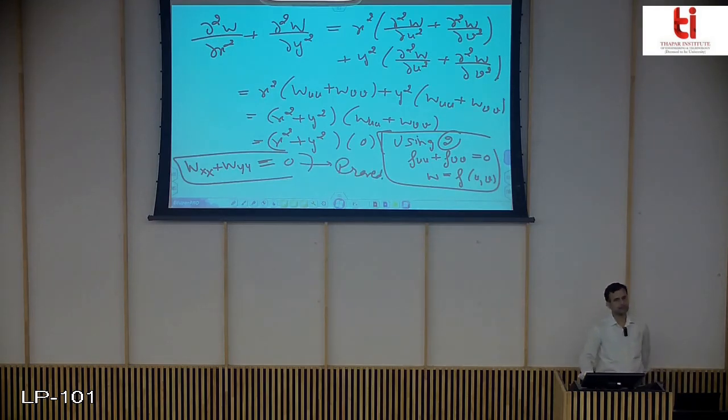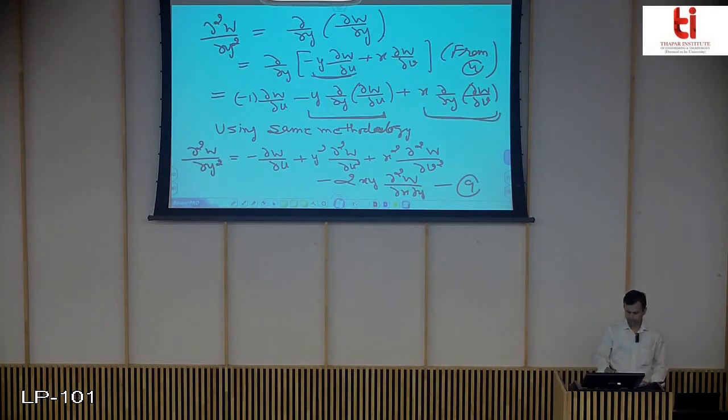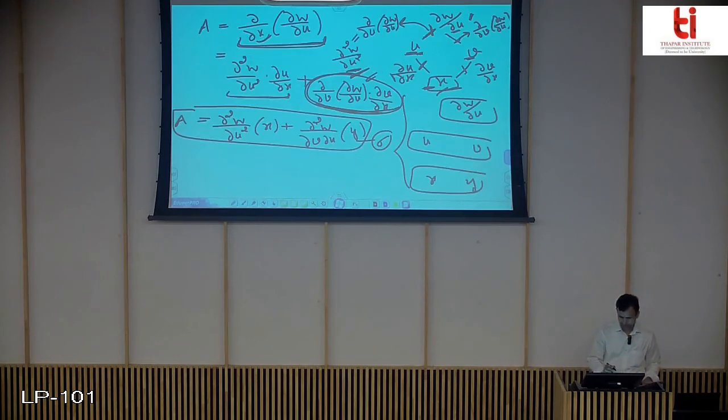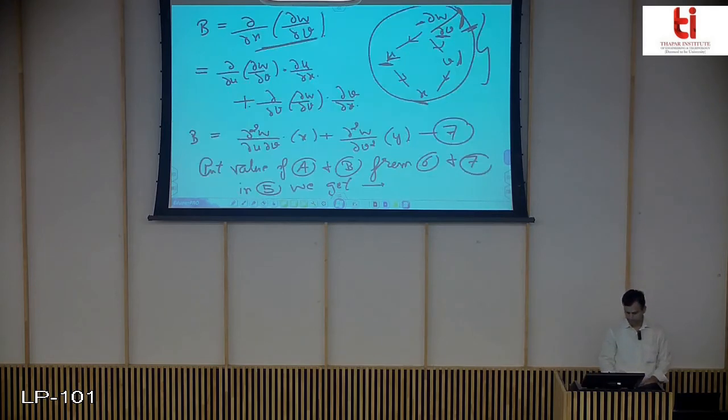So this is how we usually solve the questions for the second order partial derivatives, and the only thing you need to remember here is to be careful while taking the second order partial derivative in such types of terms. You must be careful and use the chain diagram, or sorry, tree diagram, as we did here. Using these strategies you can easily find second order partial derivatives using the chain rule. Okay, so this is done now.